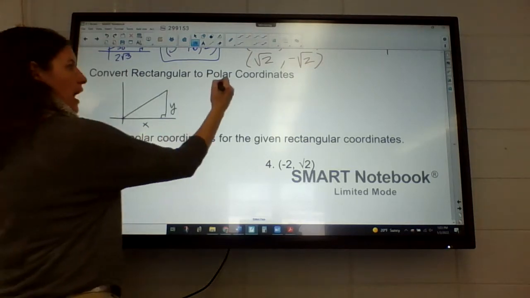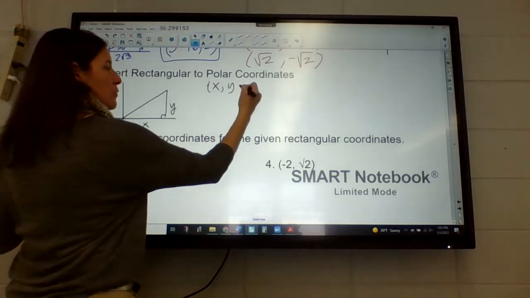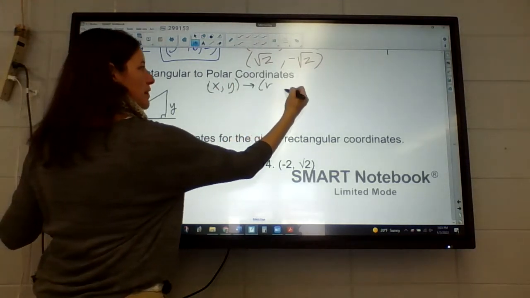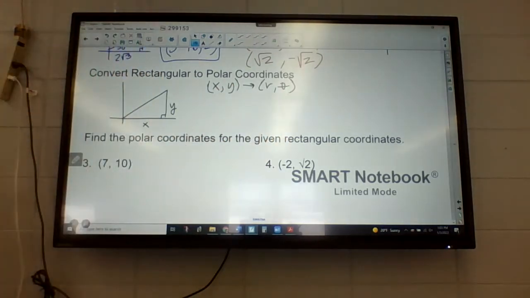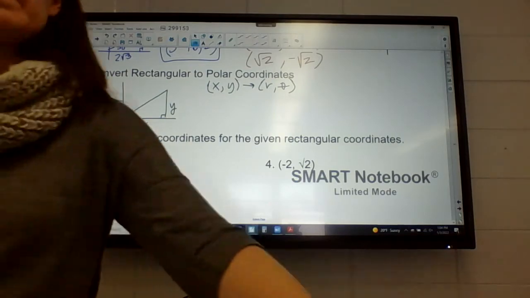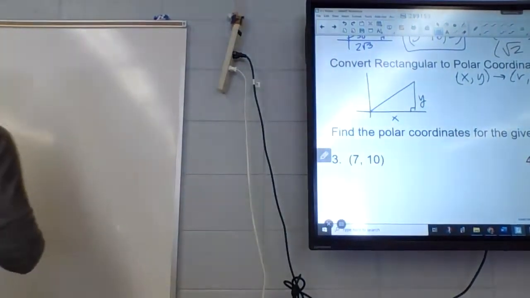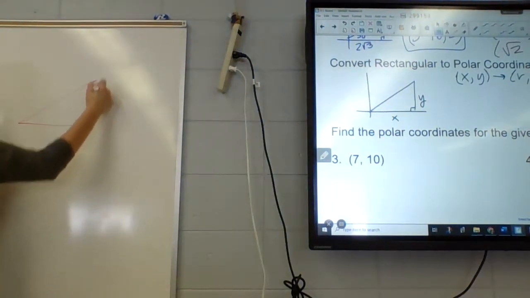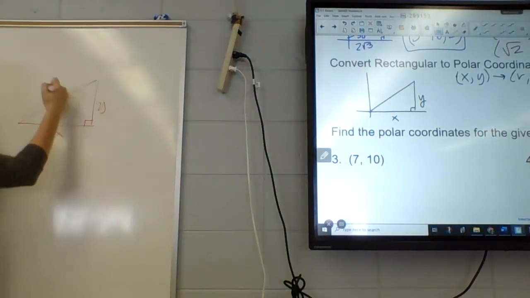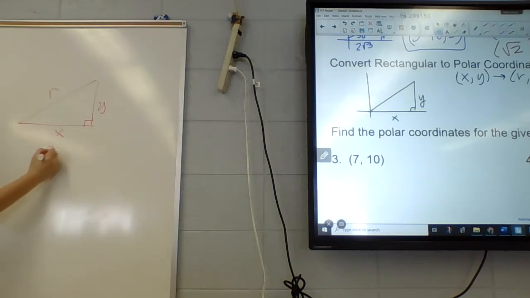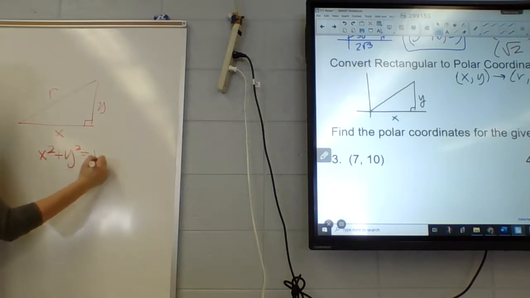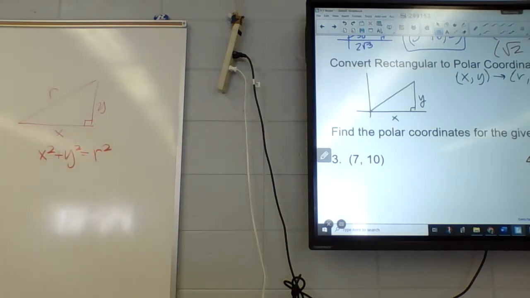So if we know x and y, and we want to switch it to r comma theta, we've got to find r. To find r, you can do Pythagorean. Yeah, we can do the Pythagorean theorem. Now, again, I'm gonna move over here for a second. So if we're gonna do the Pythagorean theorem, and I want to find r, so I have x and y, I'm gonna do x squared plus y squared equals r squared. And then,